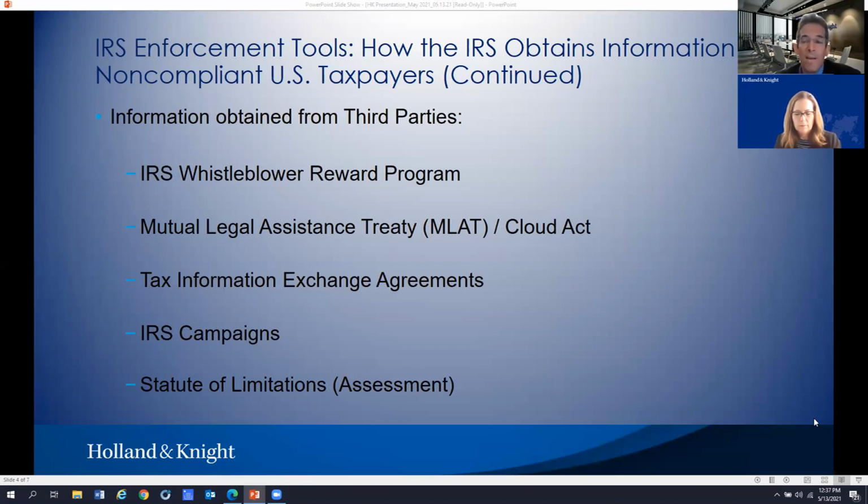But at the end of the day, whatever they had done wrong in Brazil did not rise to the level of a crime in Brazil. And as such, an MLAT would not work. We don't have a TIA with Brazil, Tax Information Exchange Agreement, that we'll get to next. We don't have an income tax treaty with Brazil. So in that instance, if there is no crime in the foreign jurisdiction, again, an MLAT is not going to be available.